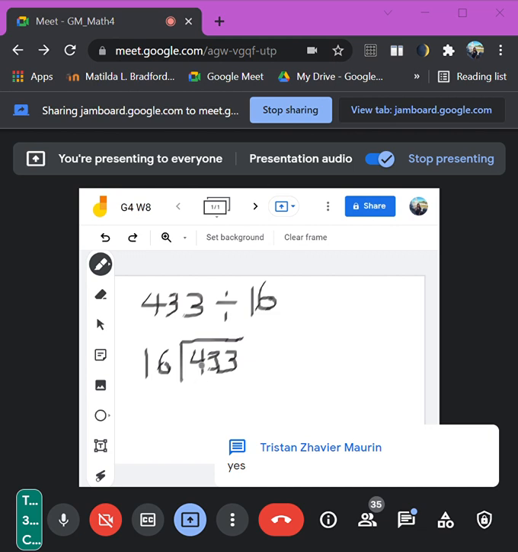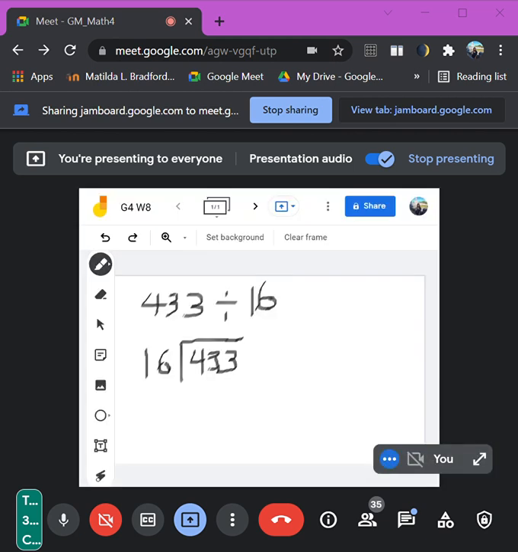So 43 divided by 16, class, how many is that? How many 16s are there in 43? Let's try 2. You can multiply on the side. So 16 times 2: 6 times 2 is 12, bring down 2, carry 1, and then 2 times 1 is 1, plus 1 is 3. So that is 32. Is 32 okay, or should we try 3? If we add another 16, it will become 48, which is too much. So it's not possible.